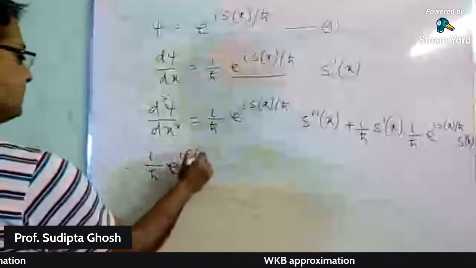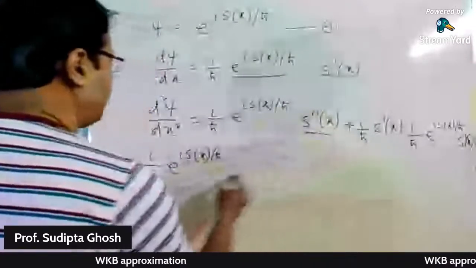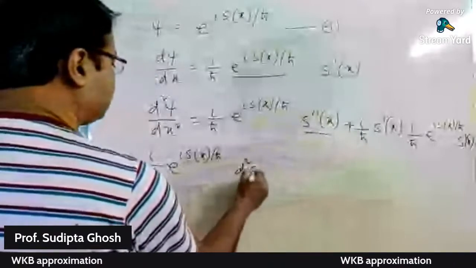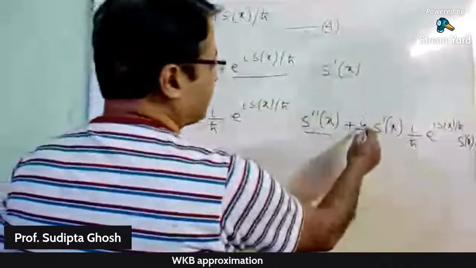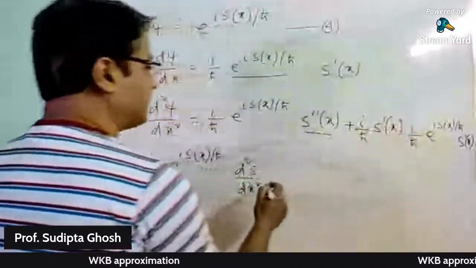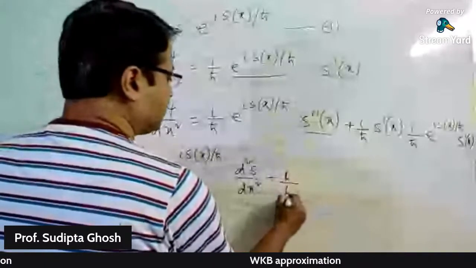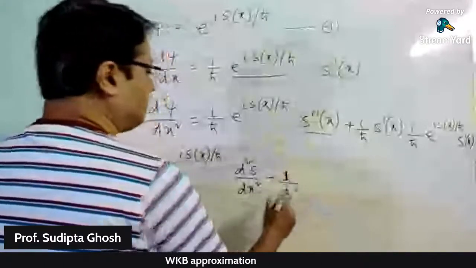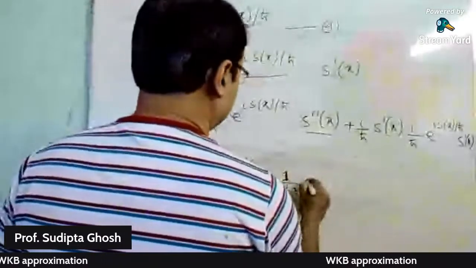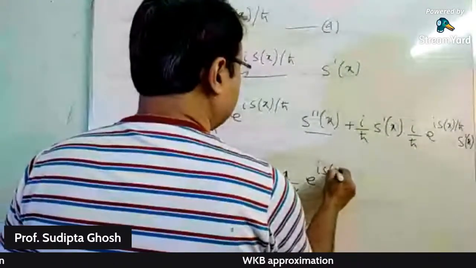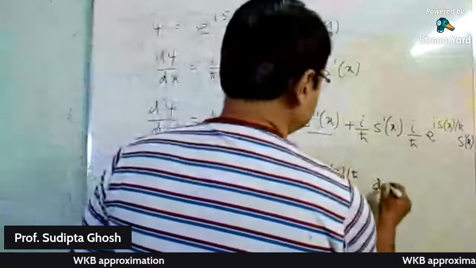So I find that d2 psi dx2 is therefore i by h cut e to the power i s(x) by h cut, s double prime x means d2s dx2. Now here I get i into i, that is i square, so minus 1 by h cut square, minus 1 by h cut square s prime x whole square, that is e to the power i s(x) by h cut, and s prime x means ds